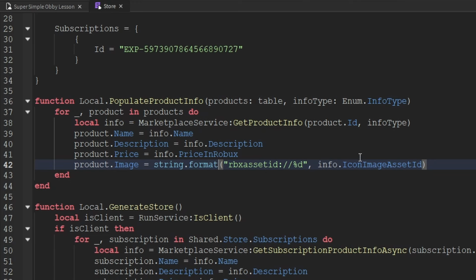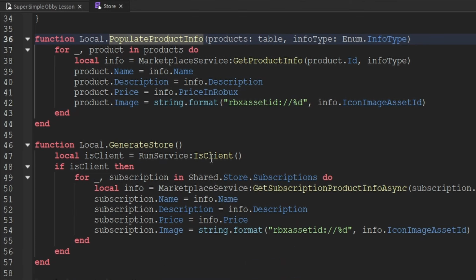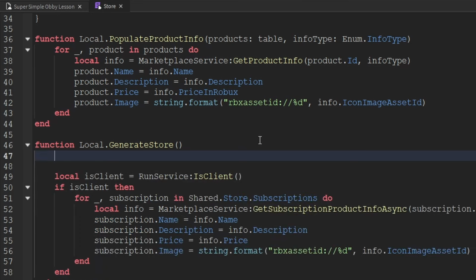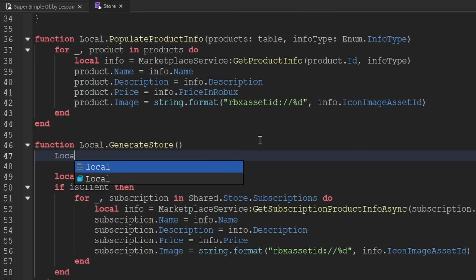But anyways, now that we've run all of that logic out, we're fully finished with creating this function, and we can go ahead and begin using it. Now, where are we going to use it? Well, we're going to use it inside of the generate store function, because already this function handles generating the subscriptions, and we only generate the subscription information if this module is run on the client side. But when it comes to Game Passes and developer products, we want to do this on both the server and the client side. So towards the top of the generate store function, we're going to write local.populateProductInfo,